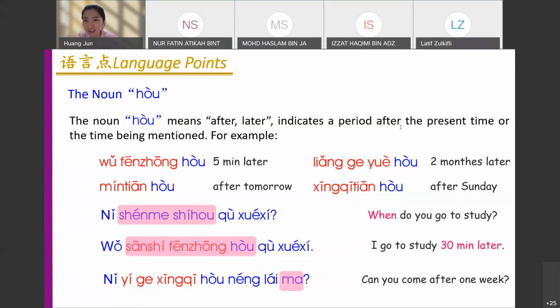So the next word is 下个. If we're talking about 下个星期, quite confusing, right? So that's why I told you need to do the revision over here. So 下个星期 is next week. Right? I'm not lying to you. I told you lesson 4 is quite complicated. That's why you have to do the revision well.